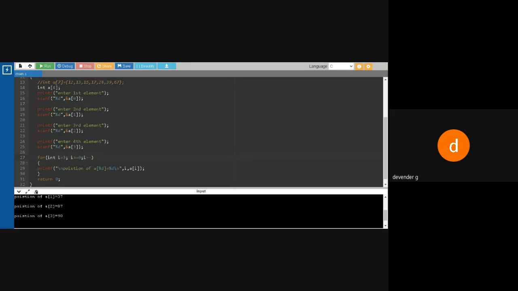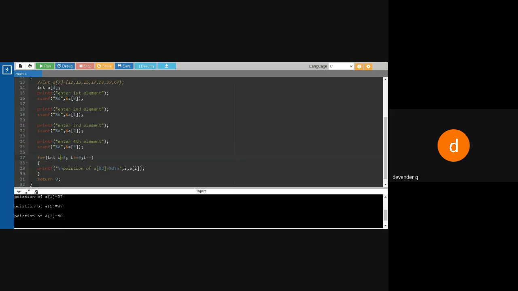Accepting from the keyboard is in whichever fashion, first, second, third, fourth. But when I want to print it, I want to print from the bottom. So the last element is index 3, the first element is 0. You take from 3 to 0 and say i minus minus.